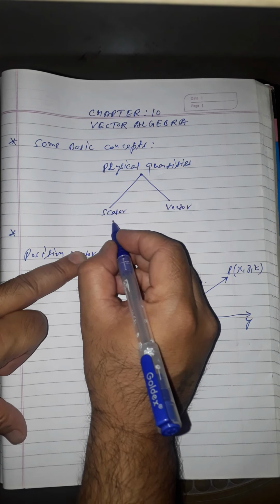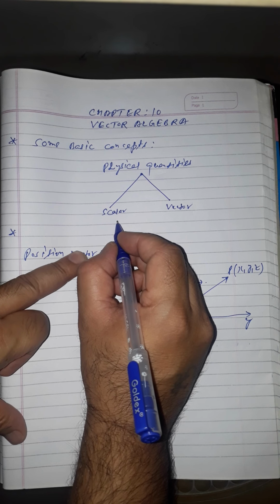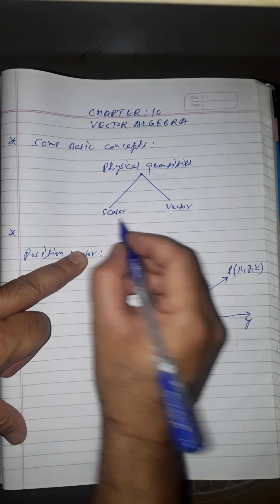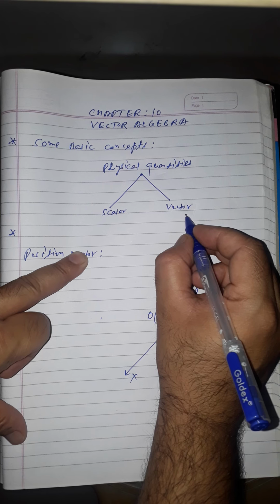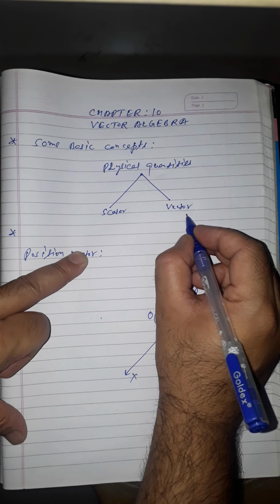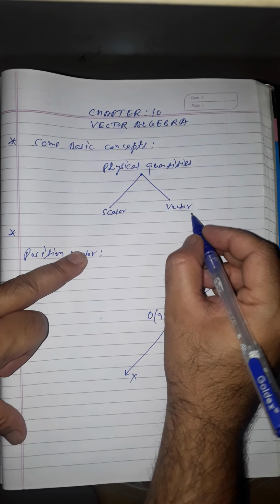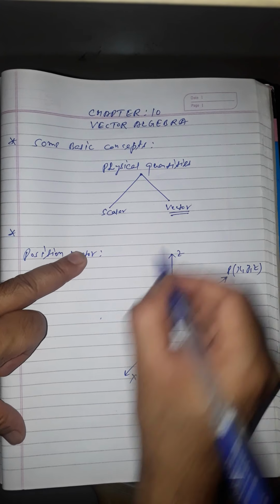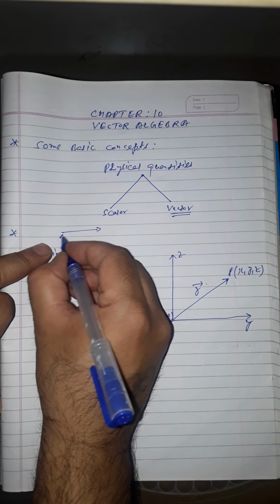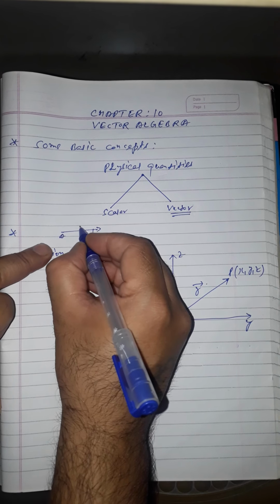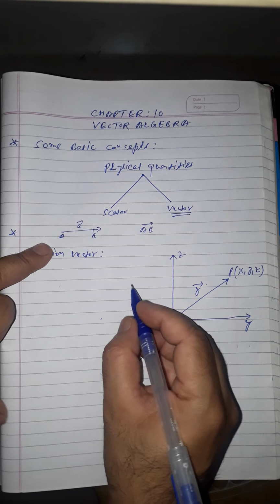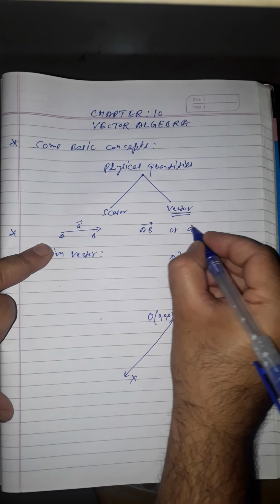Remember, students, a scalar quantity is a physical quantity which has magnitude only but no direction. And a vector quantity is a physical quantity that has magnitude as well as direction. Right, students? In this chapter especially we are going to discuss the vector. So if I represent a vector from A to B, this is denoted by vector AB, or we can say it is vector A.